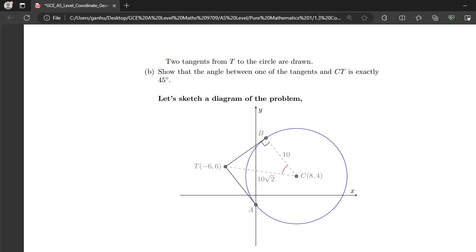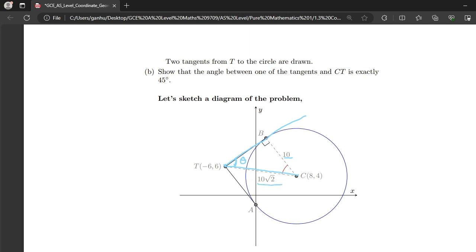So the question wants us to show that the angle between one of the tangents, so this is a tangent from T going through B, that's one of the tangents, and CT is exactly 45 degrees. So that's this angle here. Let's call that angle theta. And as you can see, from C to B, our length is 10. And if you calculate the length from C to T using the formula for length of a line, you get